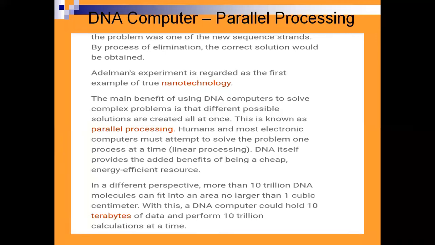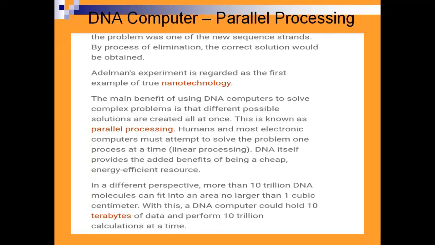In a DNA computer, all the ways of solving a single problem can be done simultaneously. But in a conventional computer, you can do only one at a time. But here, DNA can give several simultaneous solving processes. So doing a process simultaneously, in parallel, is called parallel processing. That is possible in DNA.